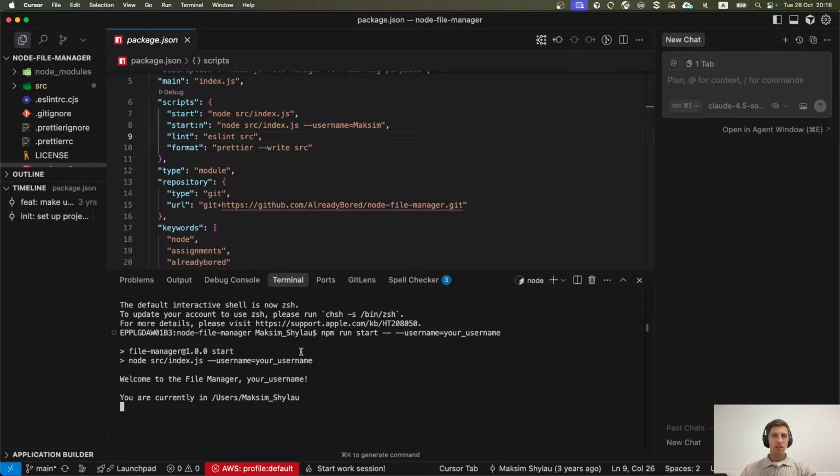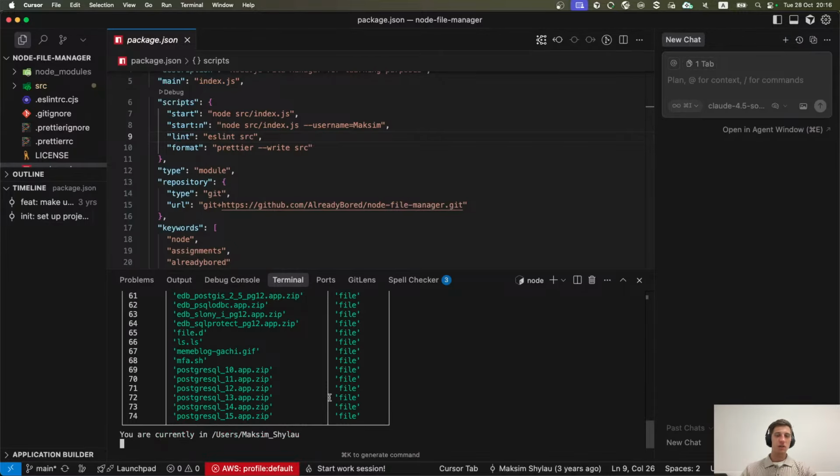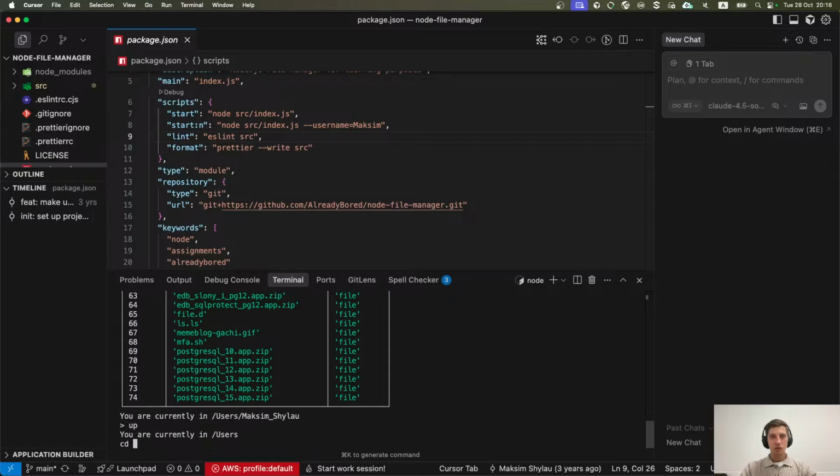Okay, you can see that it's greeting us, and it's greeting us with the username provided, and we are currently in our working directory. So we can try to get the content of this directory. We can go upper, we can go to a specific path.